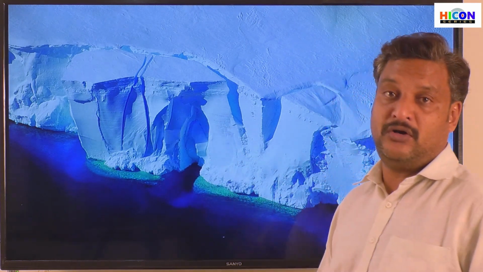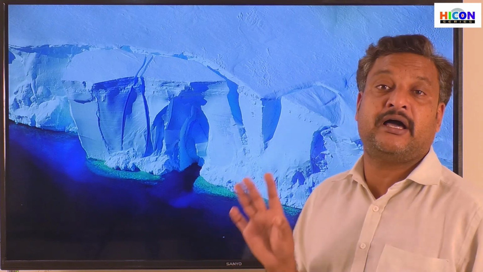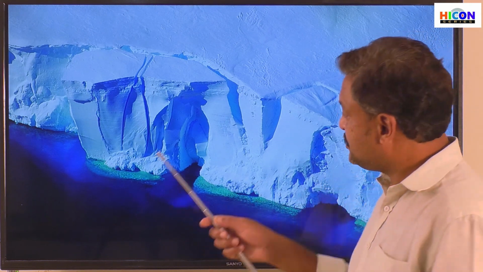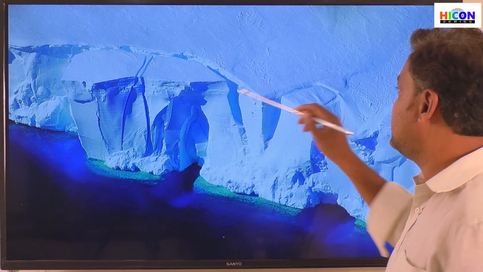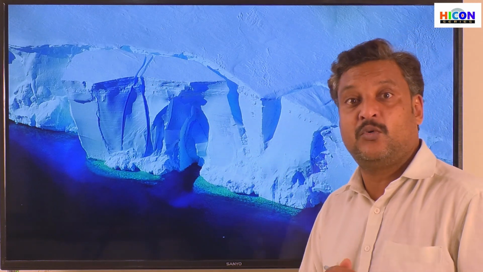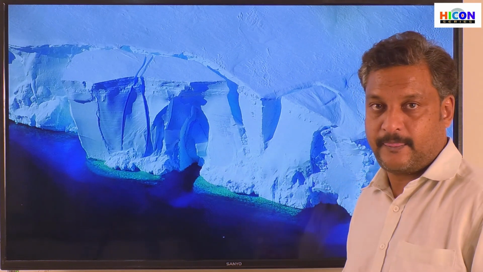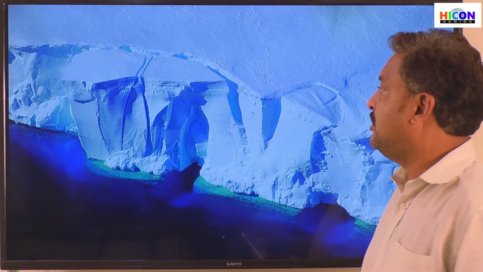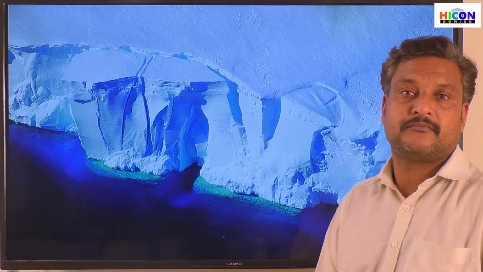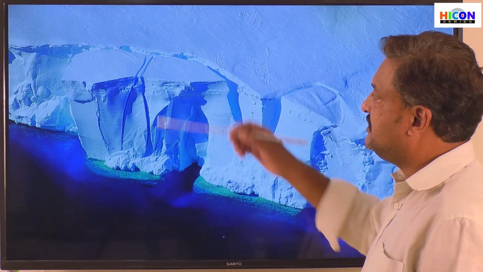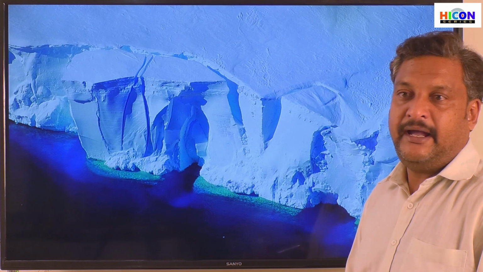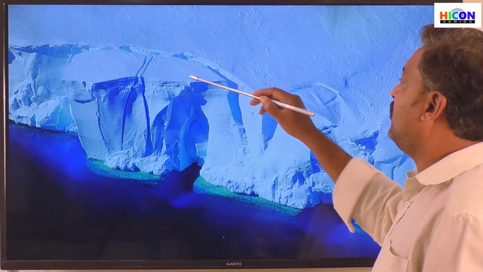Ice cap means a 2 to 3 kilometers thick layer of ice that is seen on the Greenland land area. On the ocean sides also we can see huge ice caps, and sometimes these ice caps break. Okay, they are called ice calvings. So these ice caps break away, and these pieces of ice will start to flow in the water